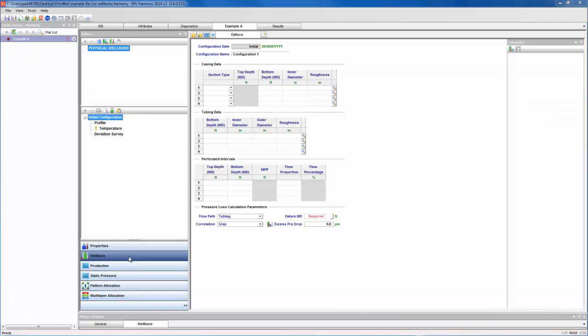To create or edit a Wellbore, navigate to the Wellbore Outlook button. There are four main panes to consider: the Add Wellbore pane, the Add Configuration pane, the Editing pane, and the Schematic. In the Add Wellbore pane, the physical wellbore will always exist, and this represents the wellbore that is actually